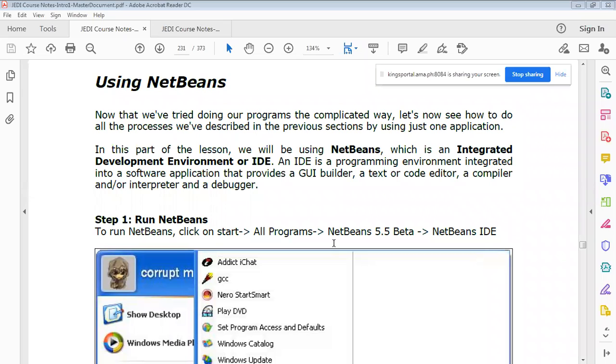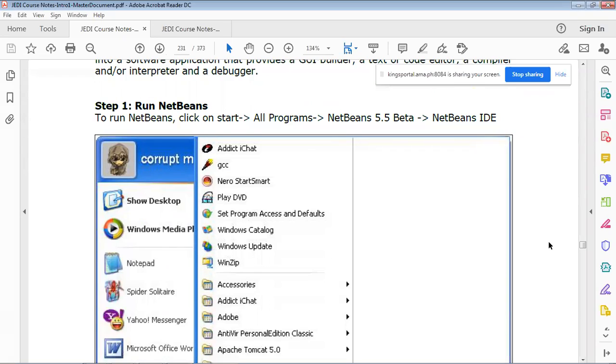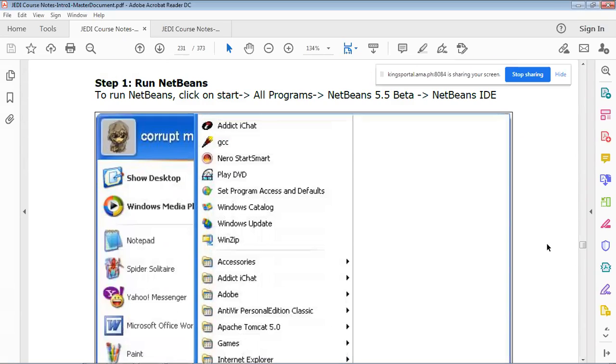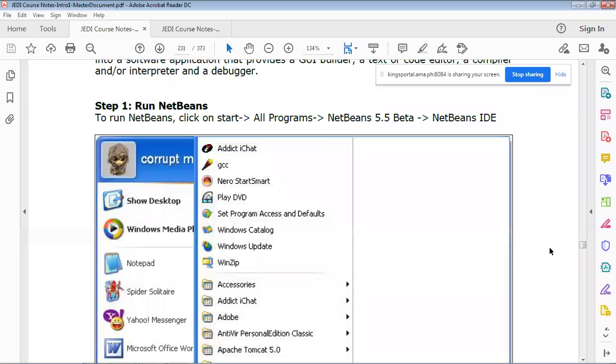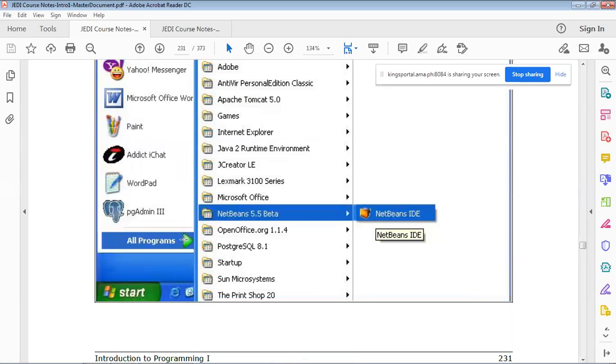In using NetBeans, the first step is to run NetBeans or install NetBeans. Click on Start, All Programs, using version 5.5 or a newer version of NetBeans. Click All Programs, NetBeans, and then we have the NetBeans IDE.